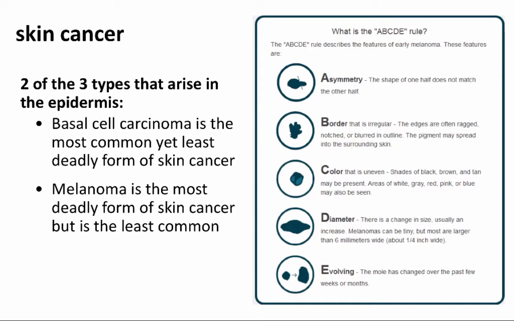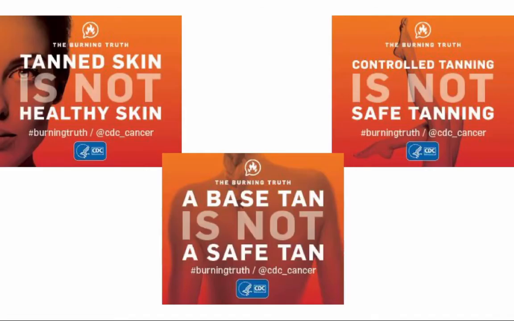So A is for asymmetry, meaning the mole or the discoloration is not the same size, an irregular border, uneven color, being bigger than the typical pencil eraser, and the last one in particular, something that changes over the course of time. These are all images from the CDC's